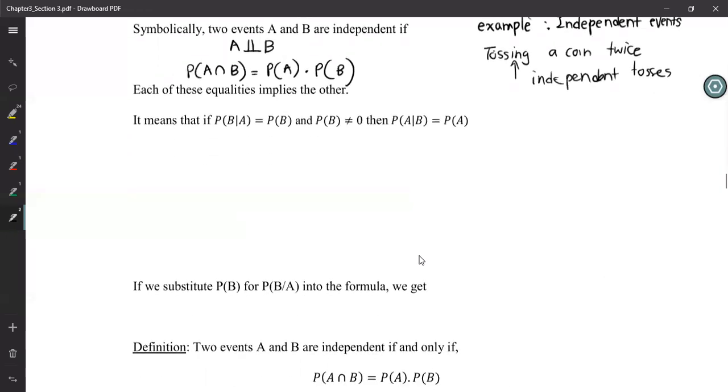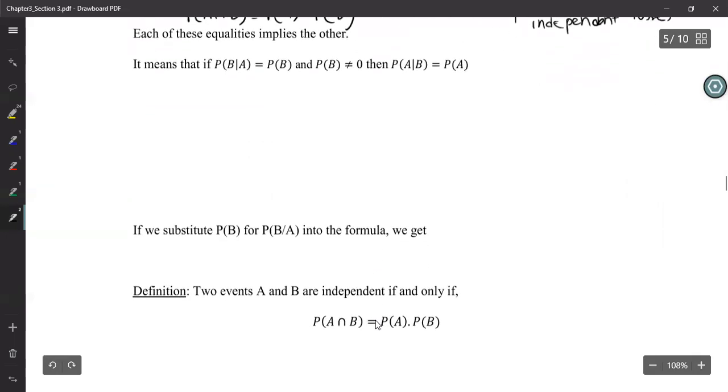Now, why do we get this? Here's the definition. We'll see how we can get that. The definition is: two events A and B are independent if and only if. What is the meaning of if and only if? Because it is true both ways. The probability of A intersection B is the probability of A times the probability of B. Also, if this equation is satisfied, then A and B are independent. That is both directions, if and only if. If A and B are independent, this equation will be satisfied. If this equation is true, A and B are independent. So it's true both ways.